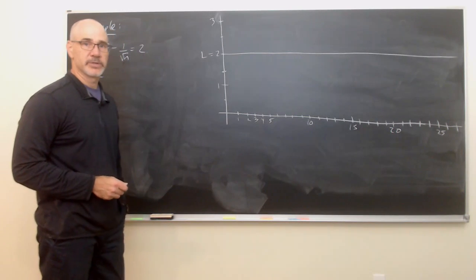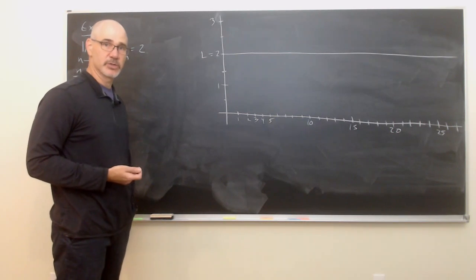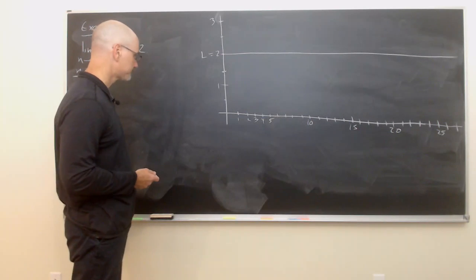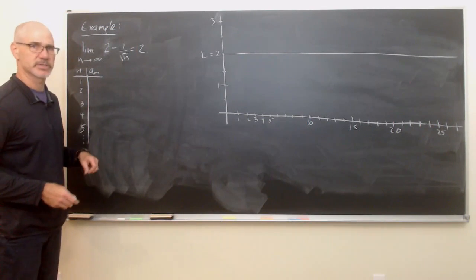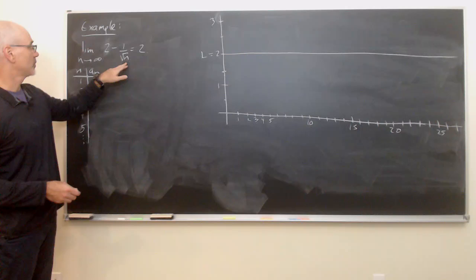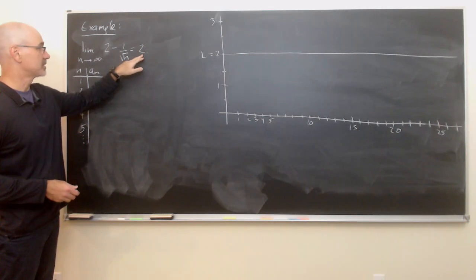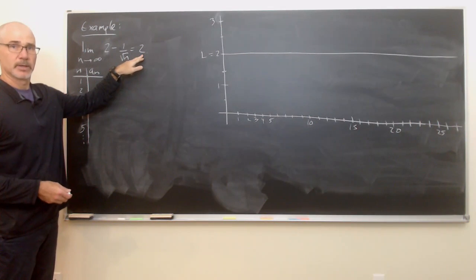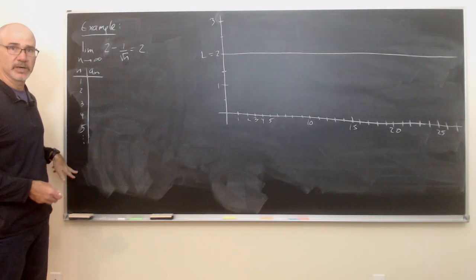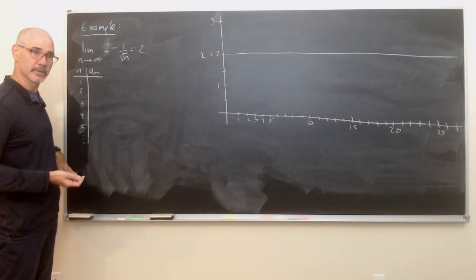In this example, we're going to get a picture for what the definition for the limit of a sequence means. So the sequence we're going to take a look at is 2 minus 1 over root n. We claim that the limit of that sequence is 2. And I'm going to write out the first few terms just to get a sense for how the sequence is